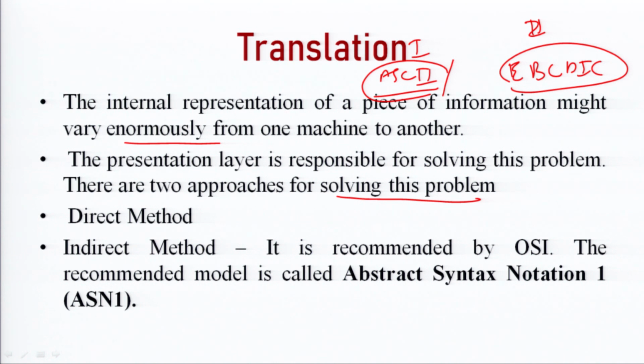In the indirect method, firstly at the sender end we convert the message into a standard format, and then at the receiver end the standard format is converted into the required one. That is known as indirect translation. For example, I earlier mentioned the English language,